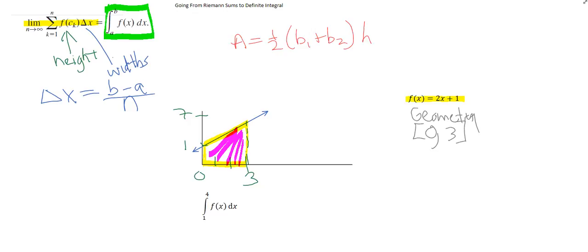And remember, the parallel lines here form the bases. So the height of 1 is one base, and the height of 7 is the other base. Let's put that in the formula here. We have 1/2 of 1 plus 7, and the height now becomes